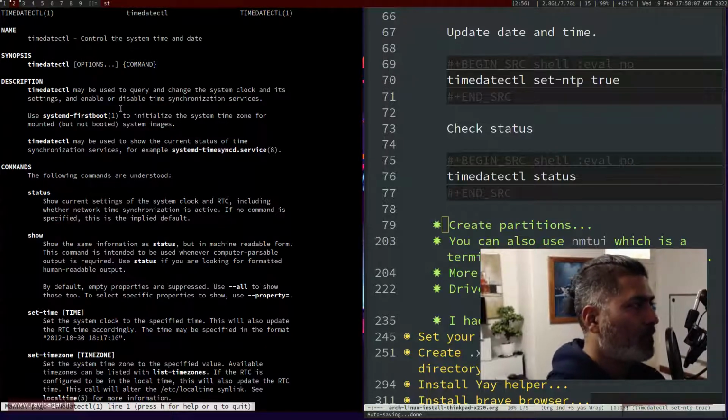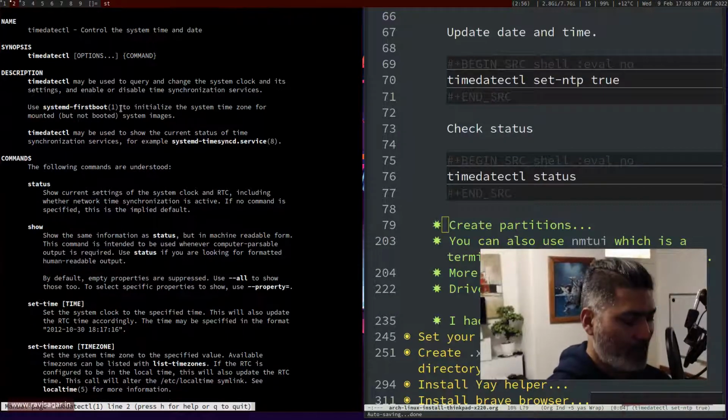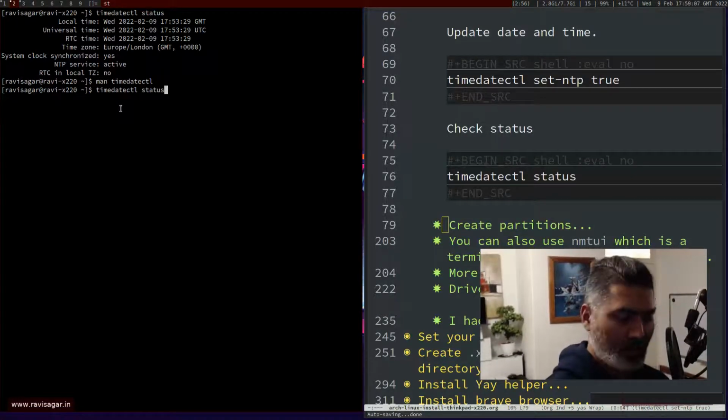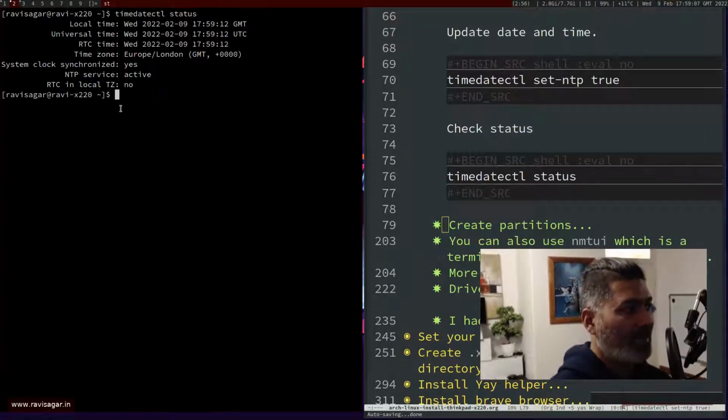So basically, if you look at this particular utility, it is basically a utility for controlling the time. And what you can do is you can actually run this command called timedatectl status, and it will tell you the actual status of your time on your computer. And if it is not really showing you the correct time, of course you have other ways to check, but if it is not showing you the correct time, all you need to do is simply run this